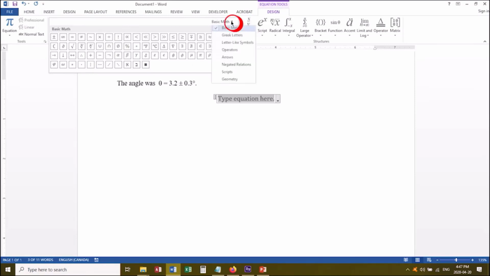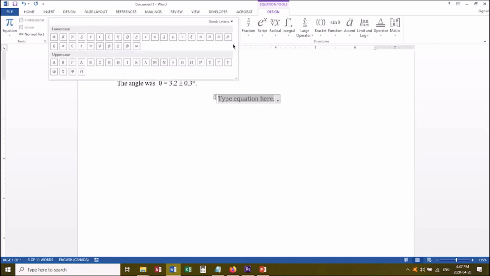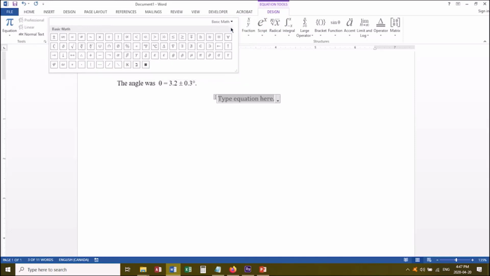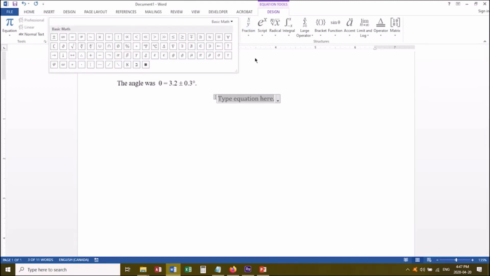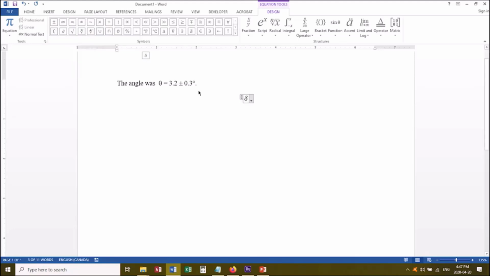You can also click this little downward arrow, go to the Greek letters, and then it gives you all the Greek symbols. And if you want to go back to basic math, again, click the little down arrow, switch to basic math. And again, to open this all, you just click this little box in the corner. So I'm going to add a delta. So I open this up and go find my delta symbol, and then F for the uncertainty of the force,